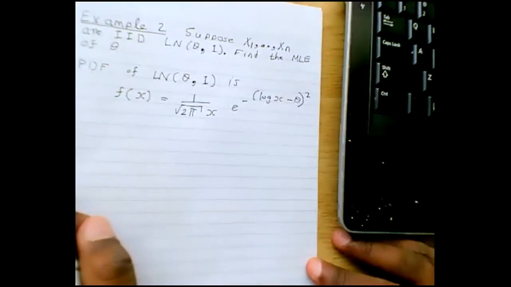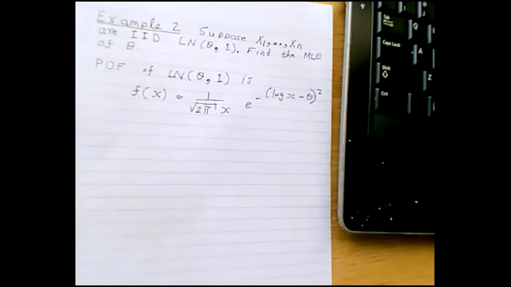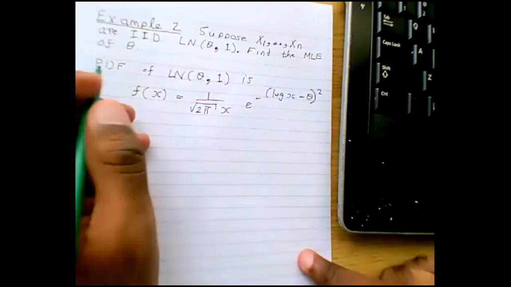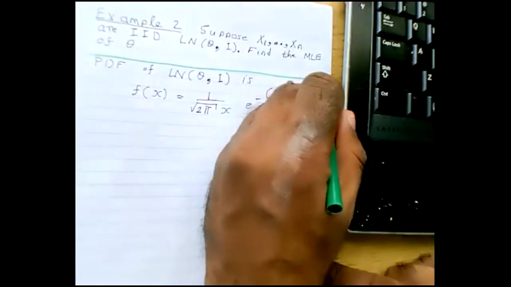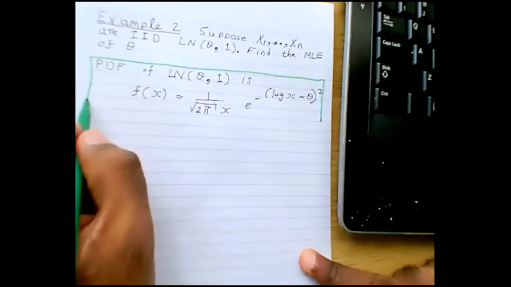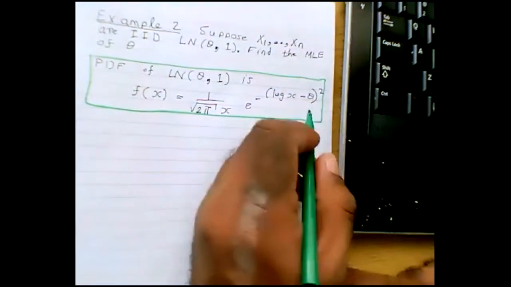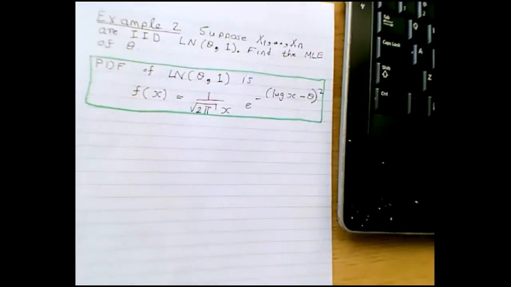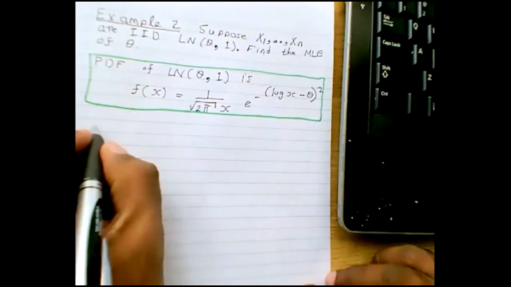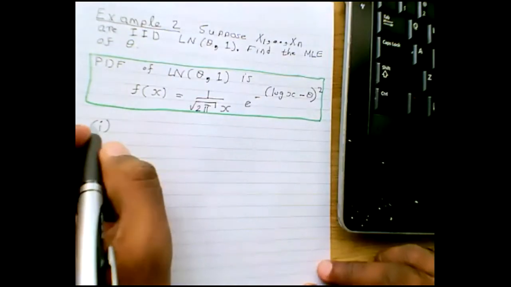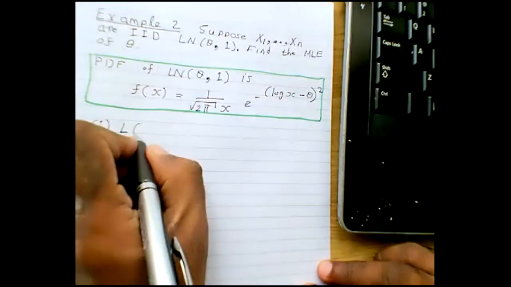This is the PDF of a log normal random variable with parameters theta and 1. Okay, now I want to show you how to find the MLE of this. So the first step, number 1, is to write down the likelihood function,